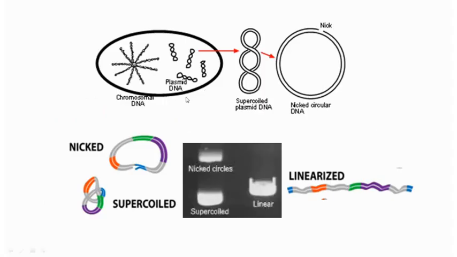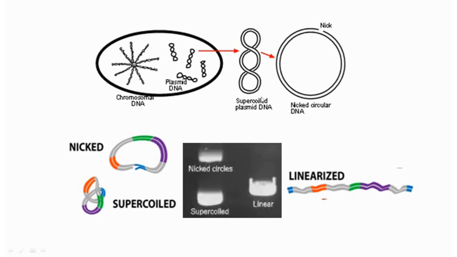So here is the bacterial cell within which we can see a bacterial chromosome, which is the essential part of the cell. No cell can survive without the chromosome because it contains the essential genes required for the different functions of the cell. And beside that, we can see there are many supercoiled small molecules. These are plasmids. So within a cell, a plasmid remains just like the chromosome in a highly supercoiled fashion like this. If you isolate this molecule, it looks like a negatively supercoiled molecule. Here only 3 loops have been shown, but it is actually a highly compacted